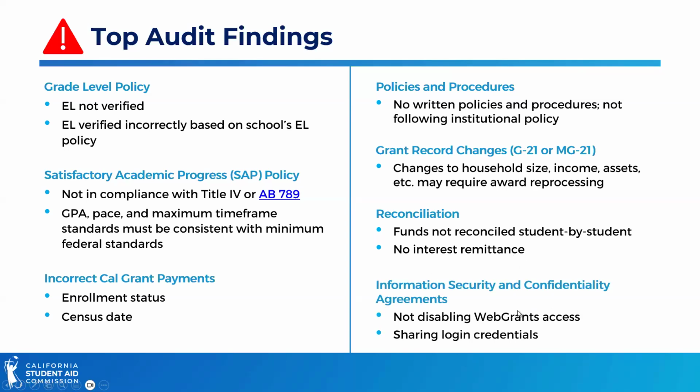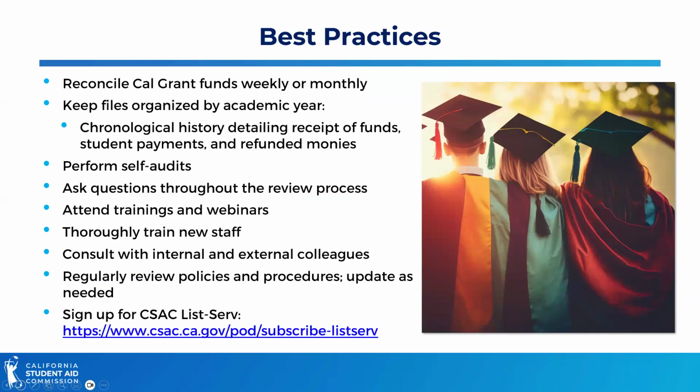And finally, security and confidentiality, right? We all have so much access to very, very personal and sensitive student data, so it's our due diligence to safeguard that data. So it's the responsibility of the campus web grant system administrator to not only grant access to web grants for new staff that onboard, but also remembering to disable access as staff depart. Not sharing login credentials, right? Those are pretty basic items, but it still sometimes comes up where we discover that schools are sharing those login details or logins when we just don't want to do that.